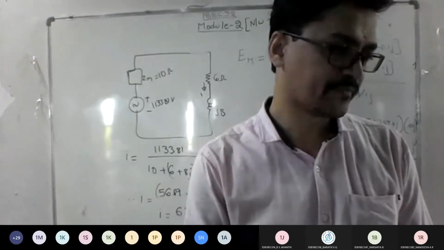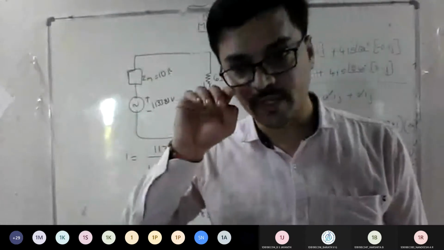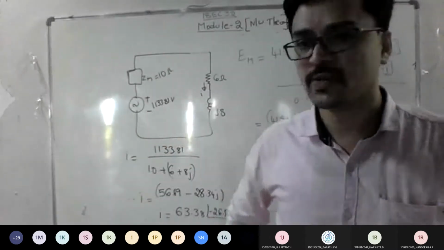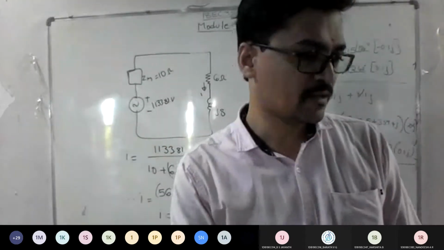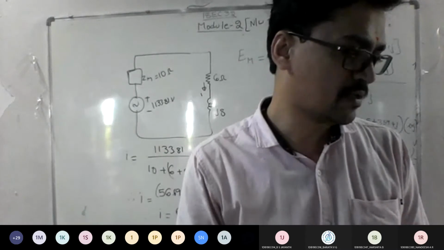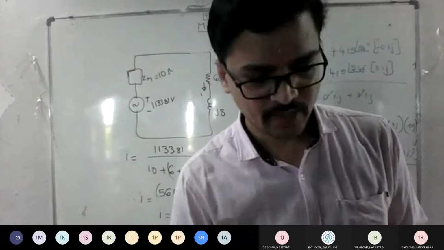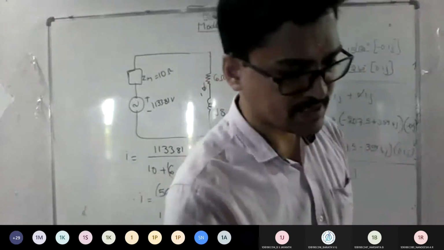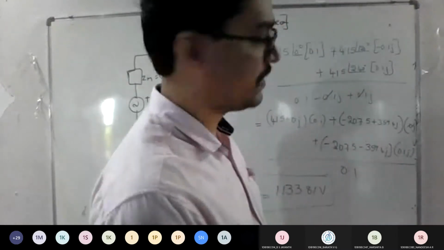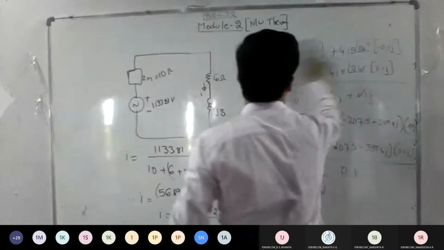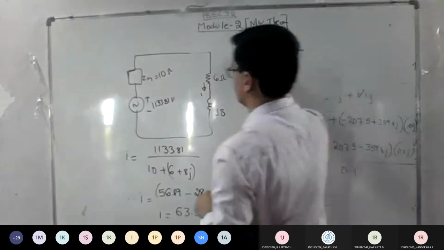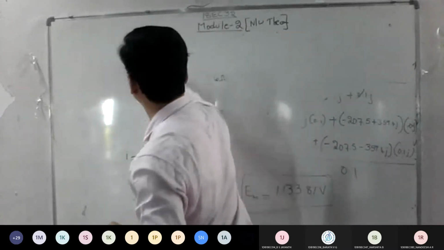Okay, next one. Next theorem. So that completes your Millman theorem, everyone. So you finished your superposition theorem and Millman theorem. So the next theorem is your Thevenin's theorem. Write on the heading, Thevenin's. It's the name of a scientist. I'll write the spelling here. So we'll erase this. Is it done? We'll erase it here.